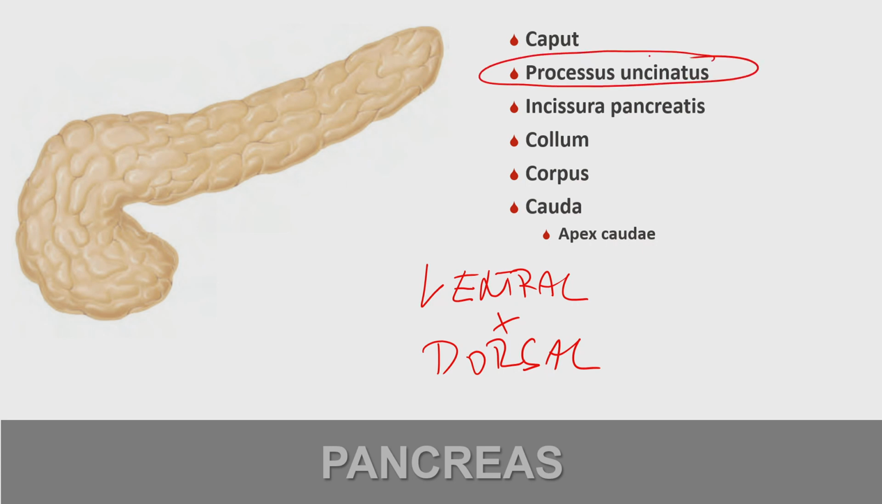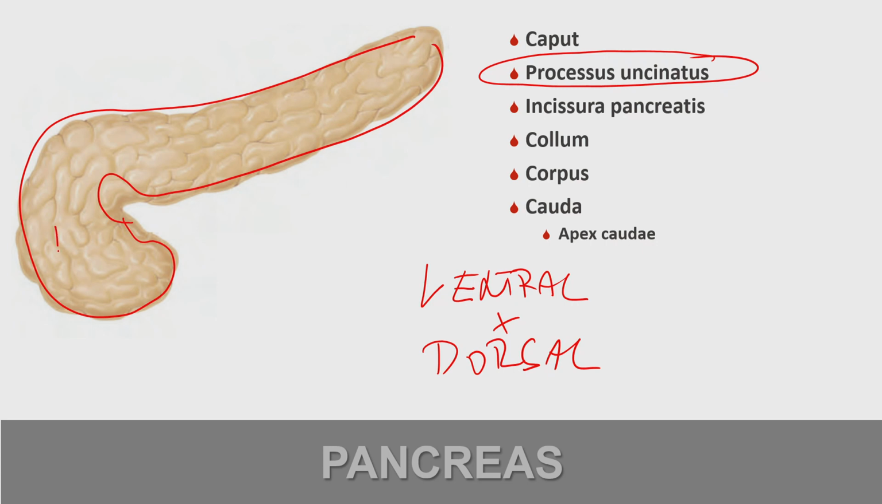So we here have the pancreas. The pancreas is like a St. Nicholas stick or bishop stick. Here we have a head. Here we have a neck. Here we have a body, and here is a tail, an apex of a tail. This is a groove or incisura,